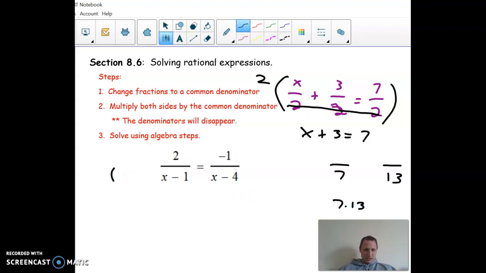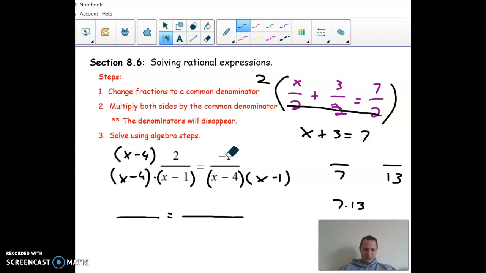Okay, so on this one, we're going to take the left side times x minus 4, and then the right side times x minus 1. Right, so you're just multiplying the existing denominators together. I'm not actually going to multiply them out; I'm going to leave them in that factored form. Okay, and then up top, we have to multiply by the same thing. So if we multiply the bottom by x minus 4, same thing on the top, and this side times x minus 1. So our numerator now, once we do our distributive property,